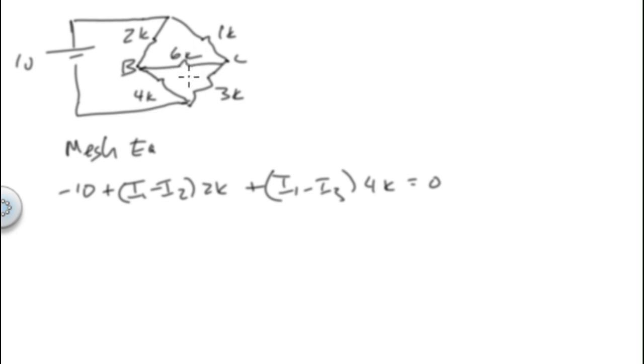Second loop, it's my I2 loop. I2 times 1K plus (I2 minus I3) times 6K